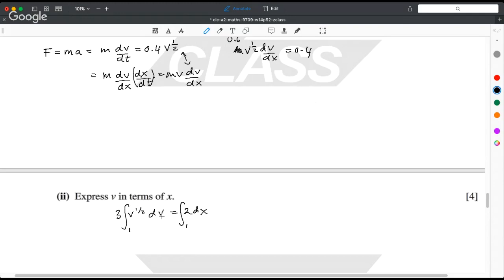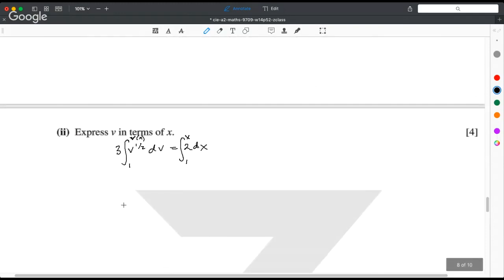You can also do it by solving an indefinite integral using a constant c and then inserting the values manually. That's also fine. And we're integrating to some later time where x is just equal to x and v is equal to v of x. And if we integrate this, we get that this is equal to v to the